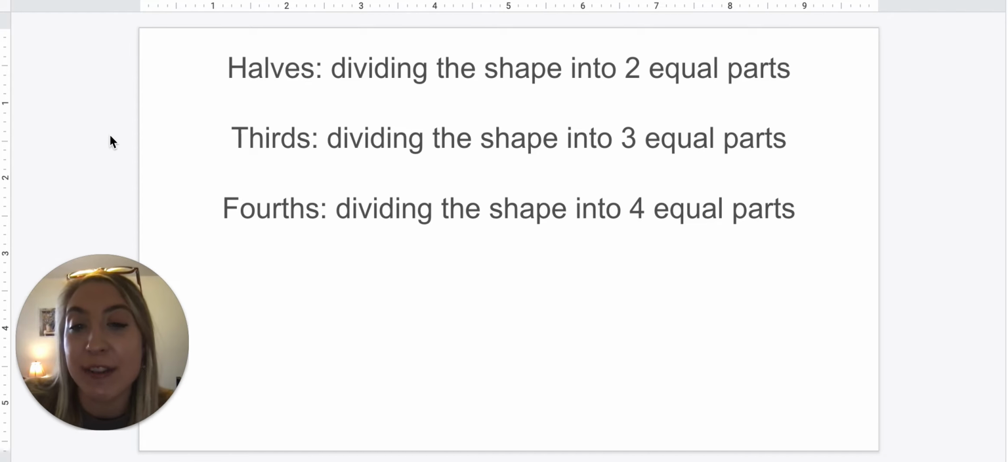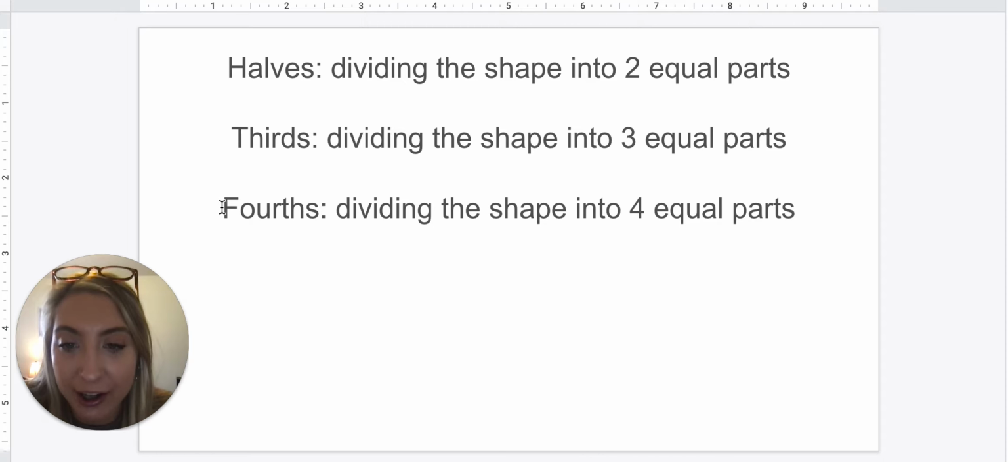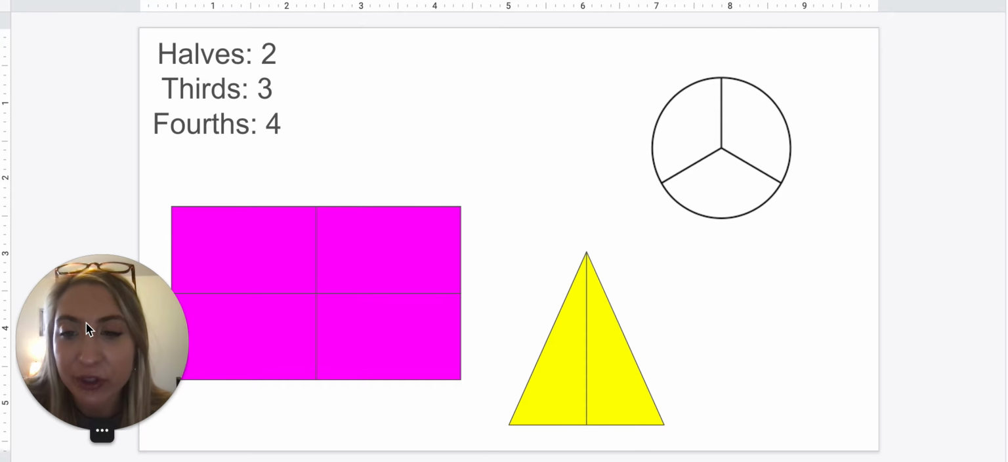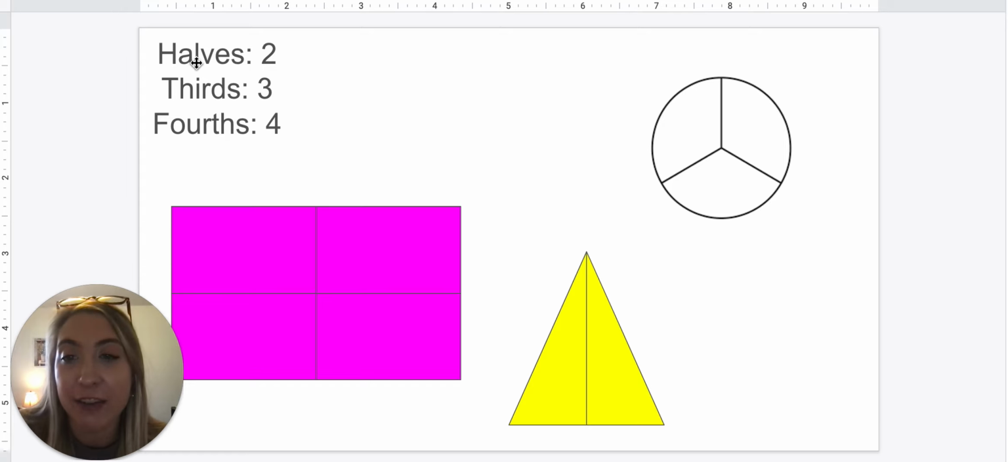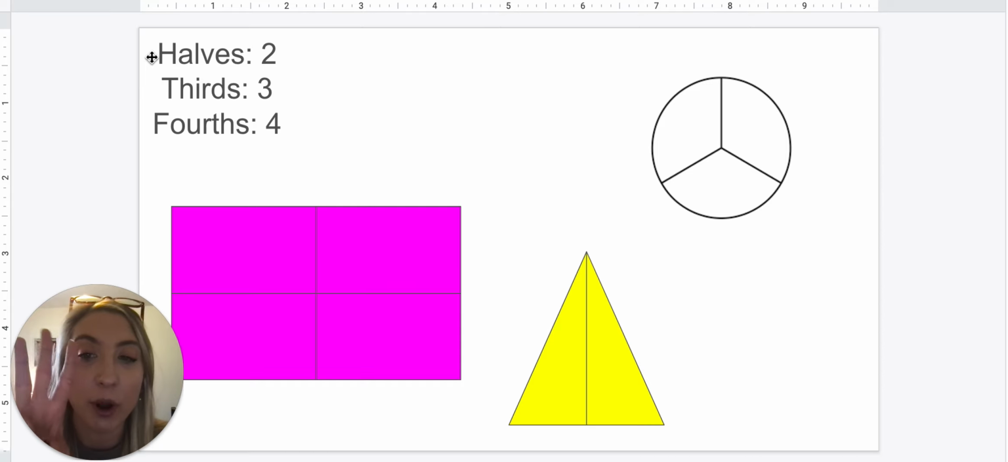And then when we divide something into fourths, it sounds like four. We see the word four right here. That means we're dividing the shape into four equal parts. So let's go over some examples of what that might look like. So just to help remember, halves is going to be two equal parts, thirds is three equal parts, and fourths